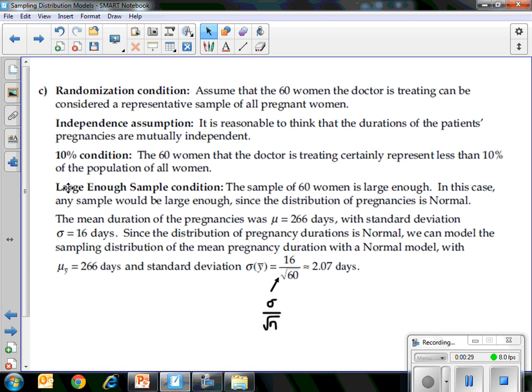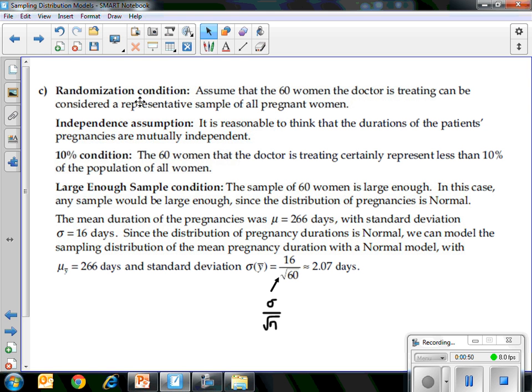So the three things that we must check are the randomization condition, the independence assumption, which again deals with your 10% condition. And then we have to check to see if it's a large enough sample and check that condition also. So first thing,